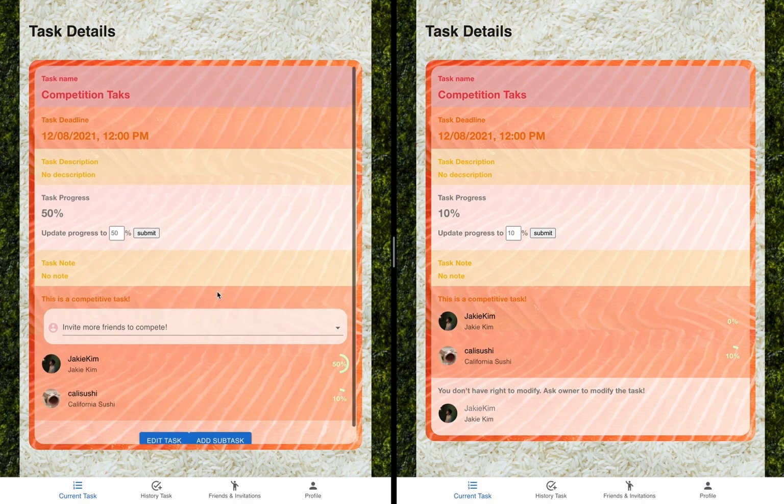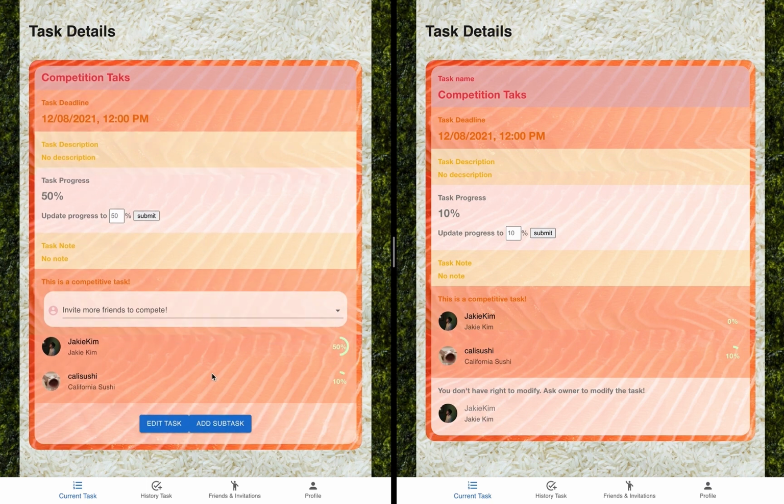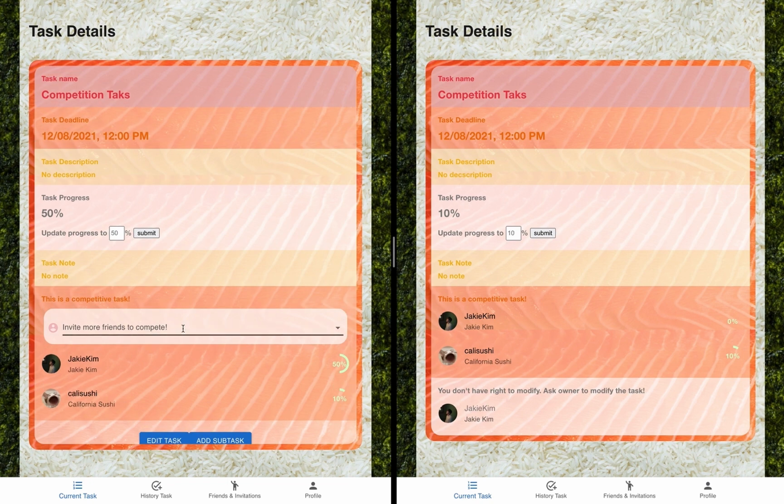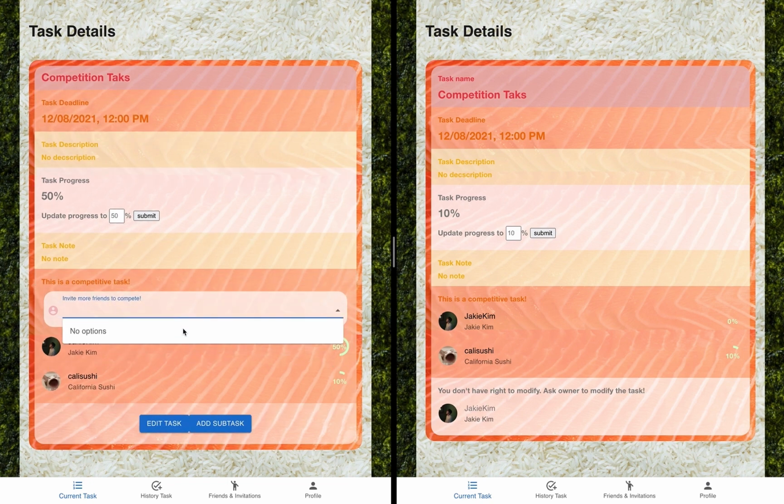So this is for the competitive task. And also for competitive tasks, only the task owner has the right to modify. We do not allow the task owner to grant modification permission to the other participants. And we can also invite more people to compete. So suppose we invite Jenny Lee,